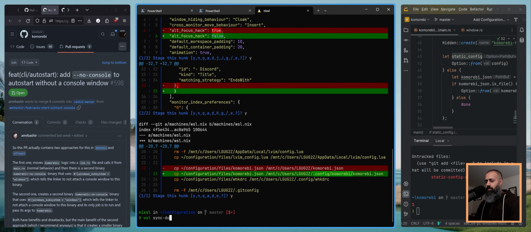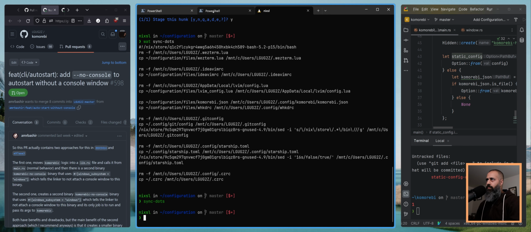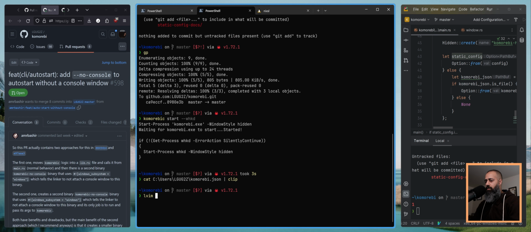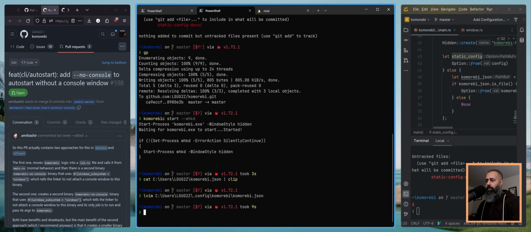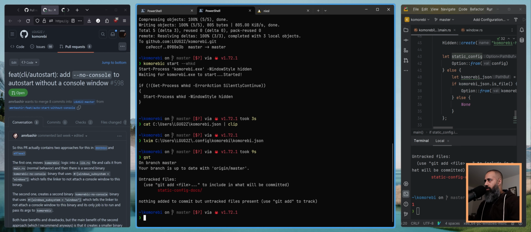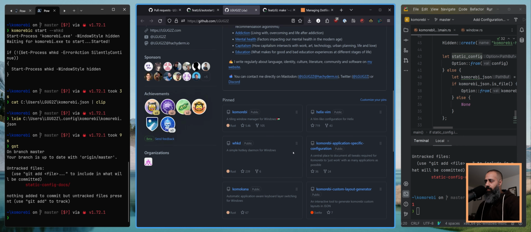So sync dots is this. Now it's generated as a shell script, so I can just run sync dots. And now if I go into config komorebi komorebi.json, yeah, all of my stuff is here. Animation is true, right? That's how we know. Very cool, very cool. So the next thing I wanted to do was to generate a